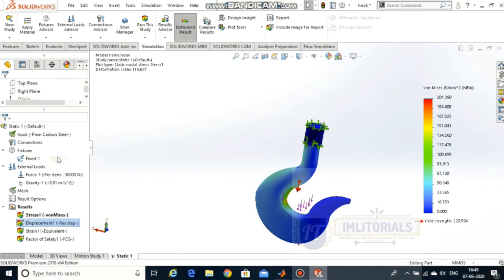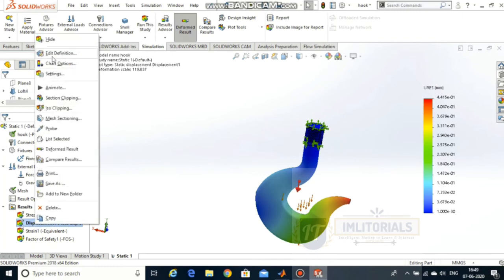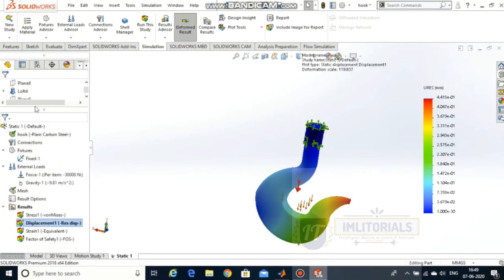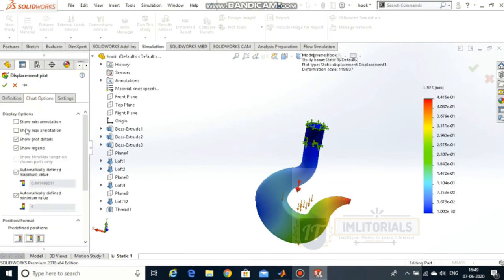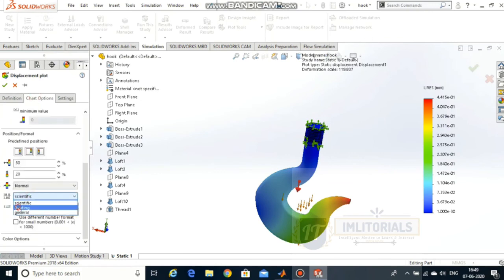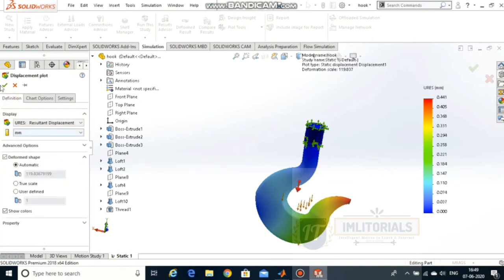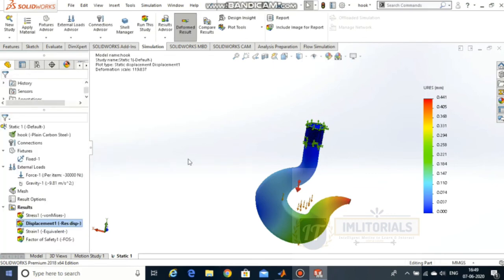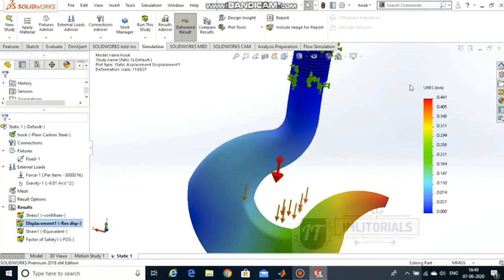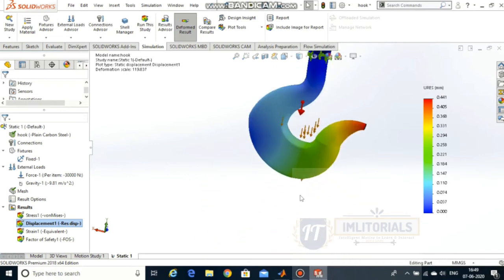By doing this, you can check for any red color in the plot and this will represent where the material is yielding. It doesn't mean that your entire model needs to depict a non-red color. If your part generates a completely non-red color, then it may be over-designed. So you can perform a design iteration by taking a material with less density or changing the size so that you save a good amount of money in manufacturing and other stages.